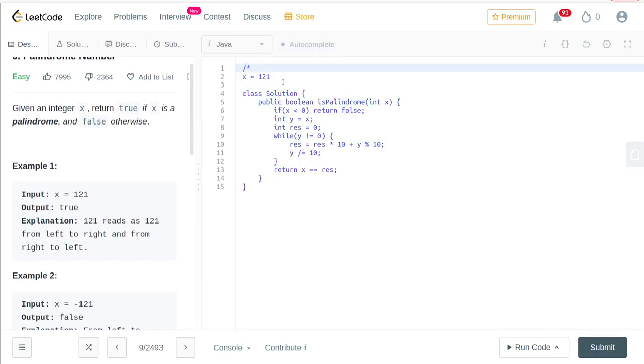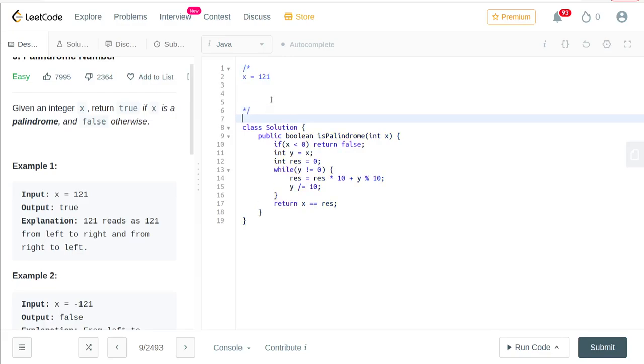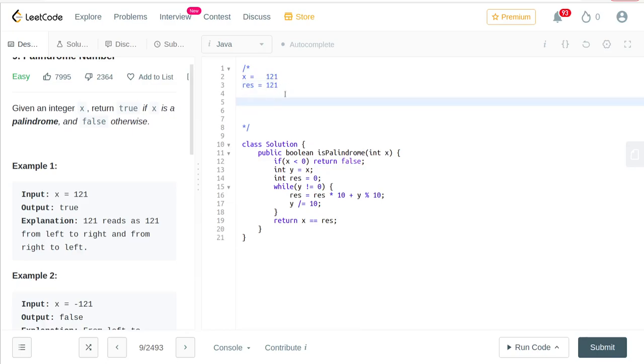The way we're going to be doing it is basically we are going to check if we can reverse the number. If you somehow reverse the number, that number is going to be equal to the result, and that is going to become equal to 1 2 1. And in the end, we can check whether or not they are equal or not. And in order to